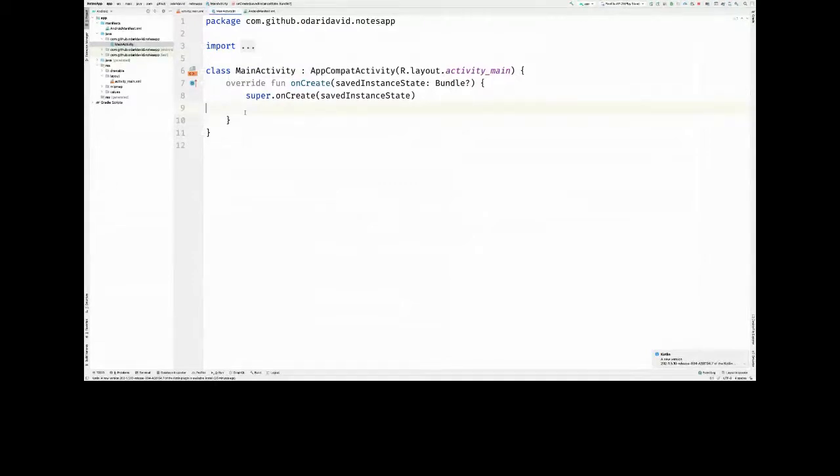A notes app is like the hello world of Android apps. It depends on how complex it gets, but for starters, it's a very good place to flex your learning muscles. And we will start with creating the layout for our notes app,